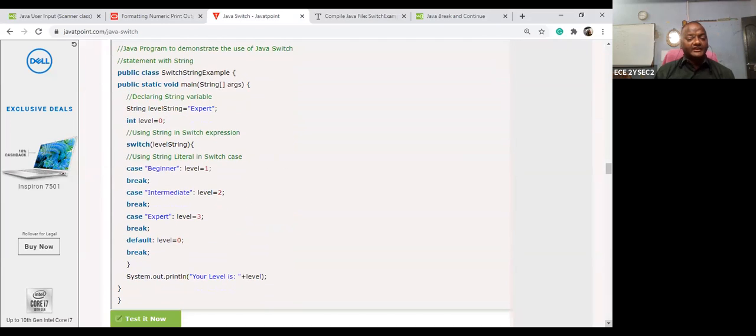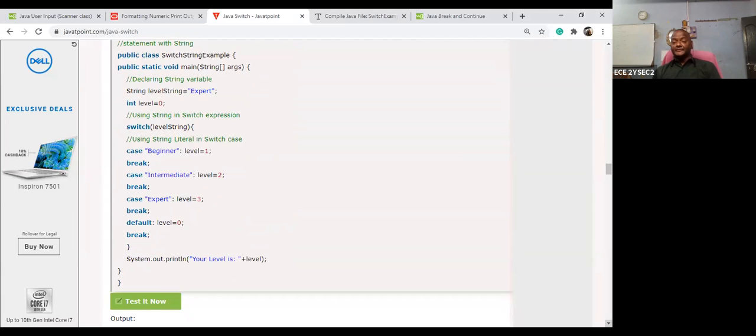See this, this is another example. In the previous one, if the first condition is true, everything runs, since you are not using the break. That way the successive instructions get executed. That's the problem. So let us take this switch string example. Suppose using a string switch expression, what is the level? Let us take the level is equal to 0. Then what happens? There is nothing.